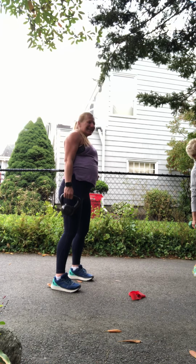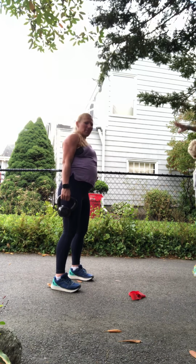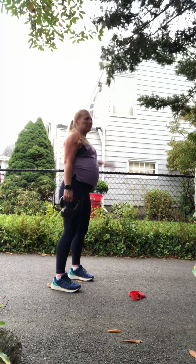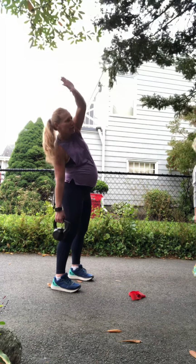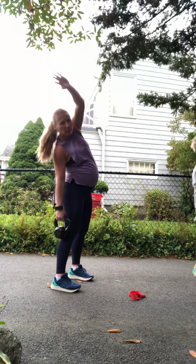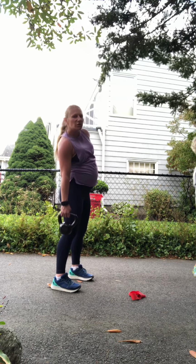8. So really crunching down and then back up. So you can add in that reach as my mom's doing. It's gonna help you reach over your head and then pull it back down. You could add a reach and then that crunch, reach and crunch, or you could just stay hinging here for